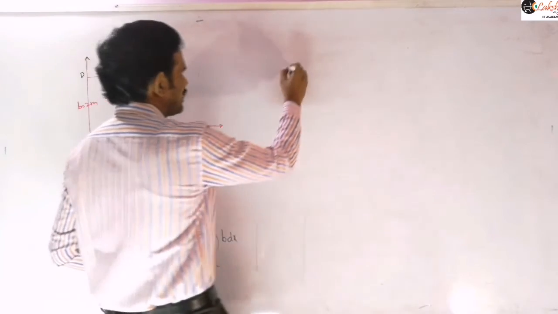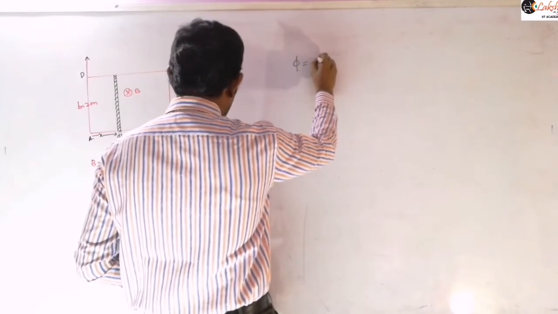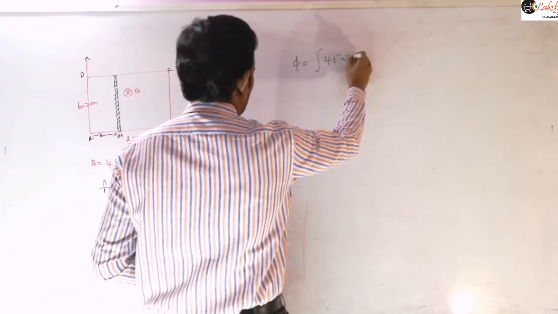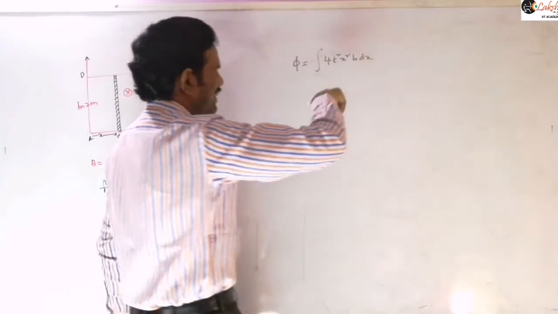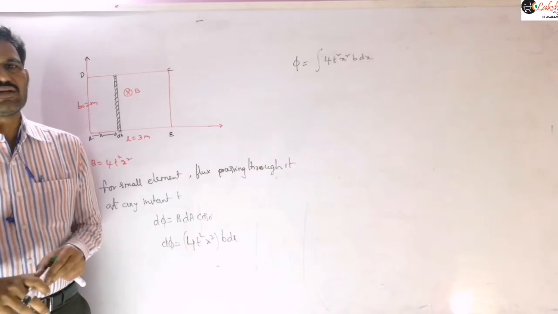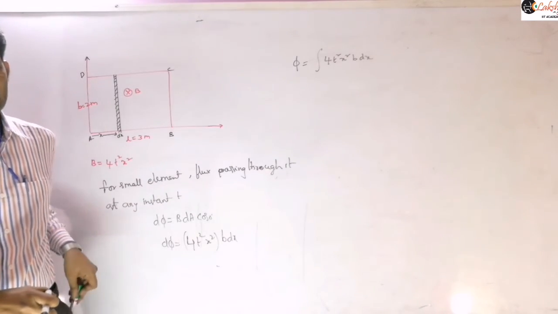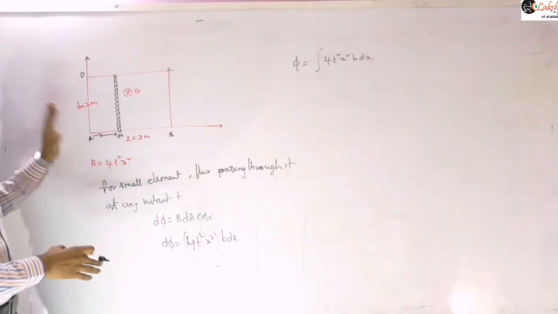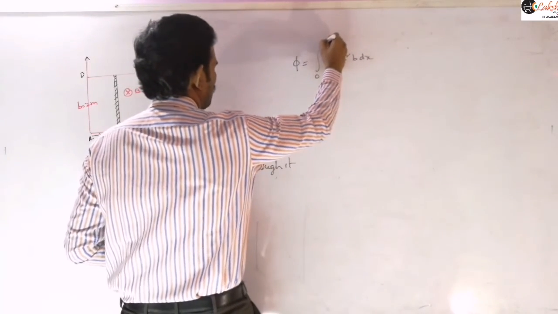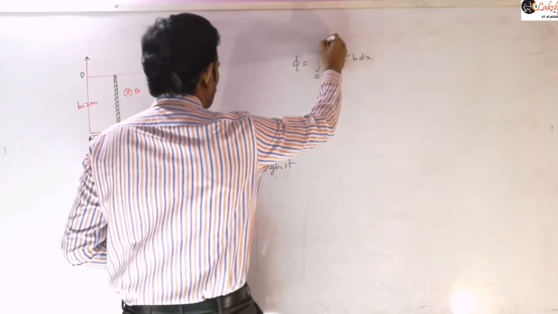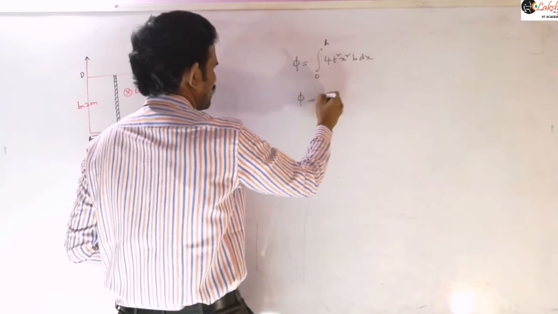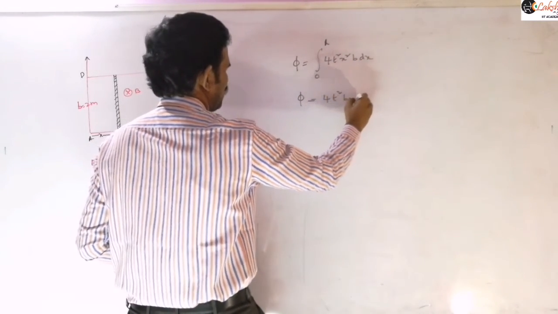So now we need to integrate this equation here to write the total flux. So integral of 4t² x² B dx. Now as I said here, we are calculating at any instant of time, so at any instant of time t is constant we need to consider here. Our aim is just to calculate how much flux is passing through this. So then you can write this as from 0 to W or 0 to this L you can consider here. So the time is constant I am taking here, so then 4t² into B is a constant.